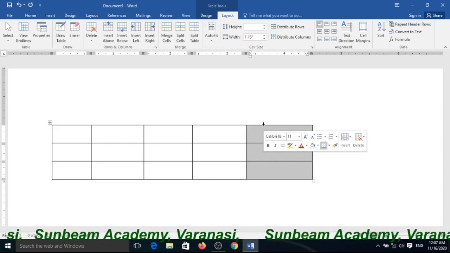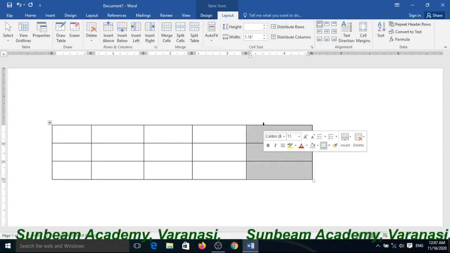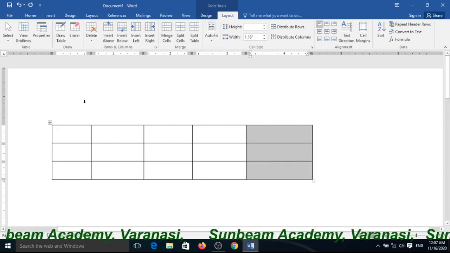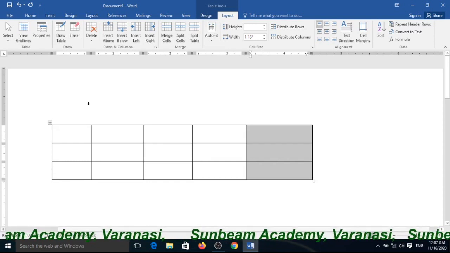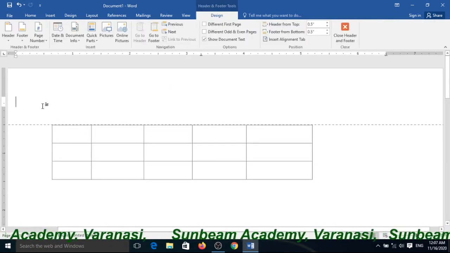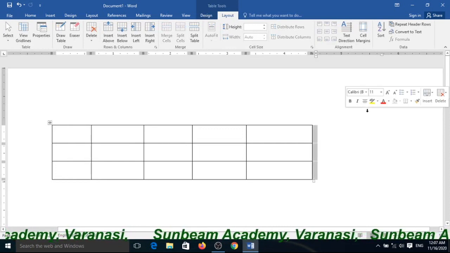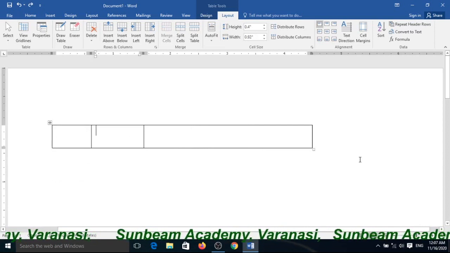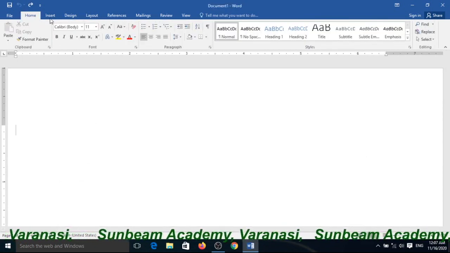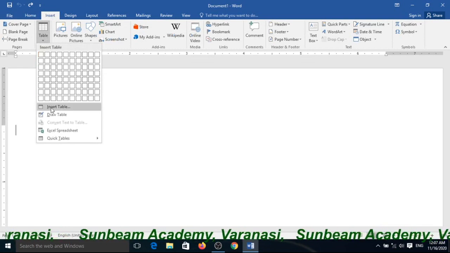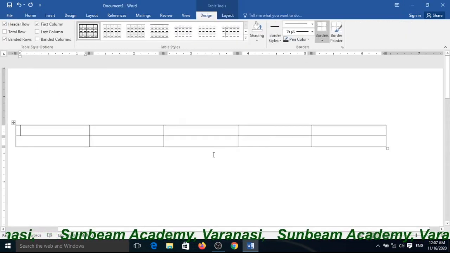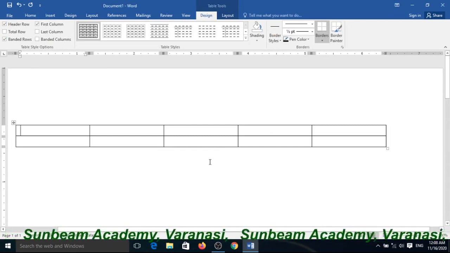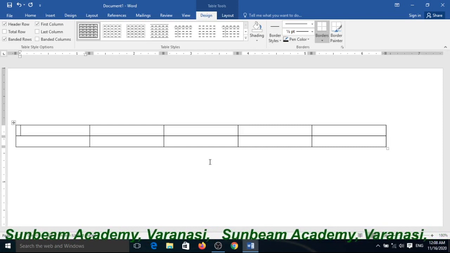Now, how can you add a row above or below? Before that, insert a table and select that where I want to add or insert rows.